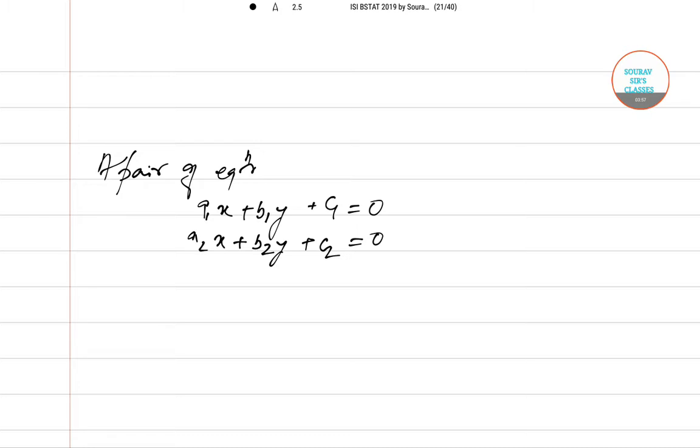It will have a unique solution if a1 by a2 is not equal to b1 by b2. Okay, now in our case, suppose